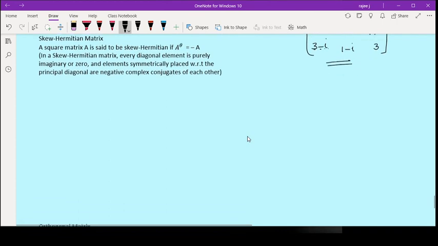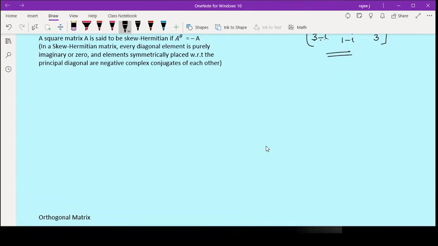Now, skew Hermitian means it's a little bit complicated kind of. So here, suppose I am writing A is equal to, when I write an example, then you will get it very easily. Okay, so here suppose I'll take a small one. A is 0 and say this is 2 plus 3i, and here I will write minus 2 plus 3i, and here, sorry, yeah, it can be 0 also, i.